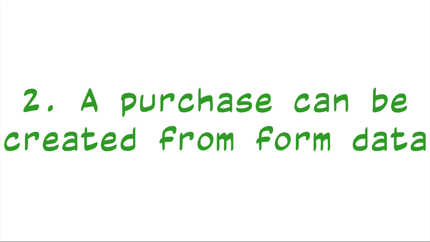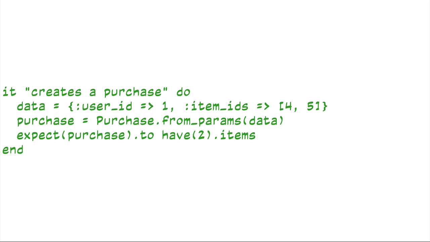You start with some kind of initial status. Another kind of initial state here might be that you can initially create stuff. You might start by saying a purchase can be created from form data. So you might have an RSpec test that looks like this. This is certainly oversimplified given what kind of data you might need in an actual purchase, but here I have a data hash. I'm passing it to some sort of class method that would create a purchase object, and I'm making a statement that that creation takes place.